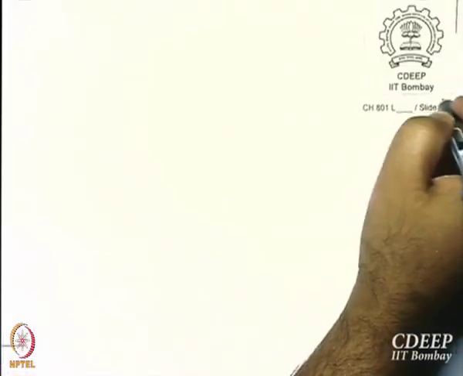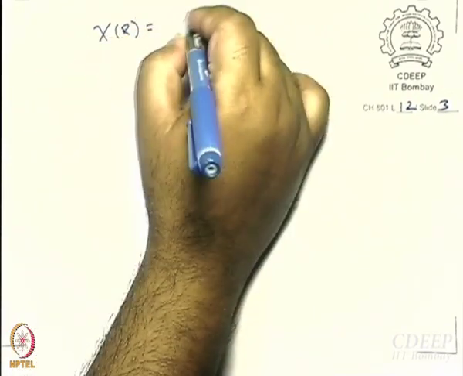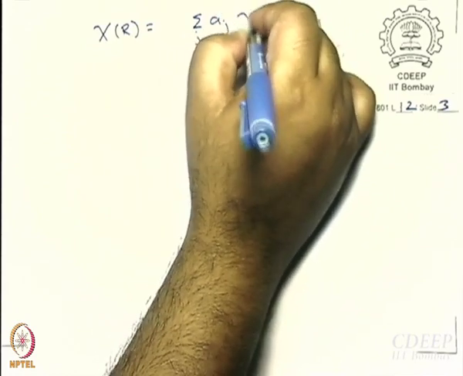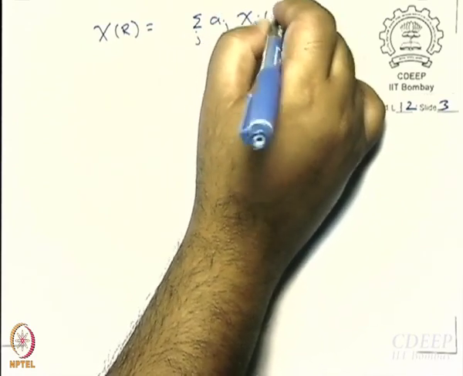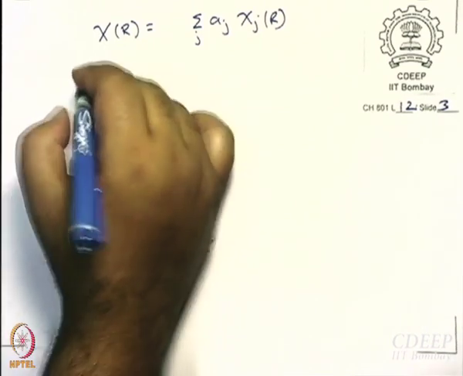Okay. You can go ahead. Just write it again. Chi of r equal to sum over j aj chi j of r. What can I do now? What do I want to do? I want to break it down into constituent representations. Okay. So, one thing I can do is, let us write multiplied by